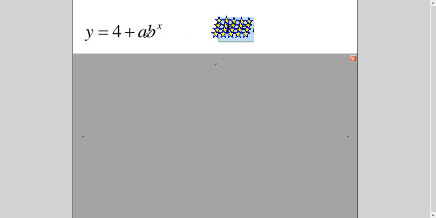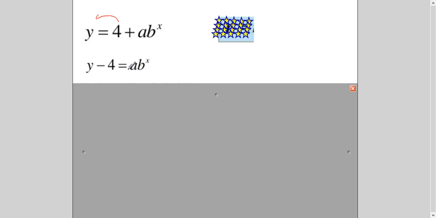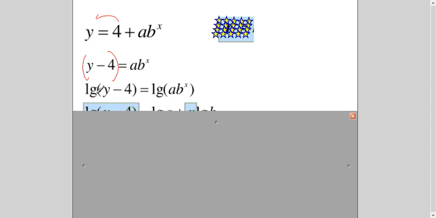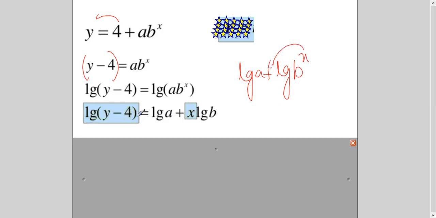Let's take another example. Whenever you have exponential form, remember you have to take log. Remember it. So first of all, let me take this to this side. And now I will take log on both sides. So I will consider this as one term. I hope you know this basic concept of maths. So after taking log on both sides, I will apply the product rule and then the power law. Remember I said you need to revise your log rules. So you see the application here. So now you get this.